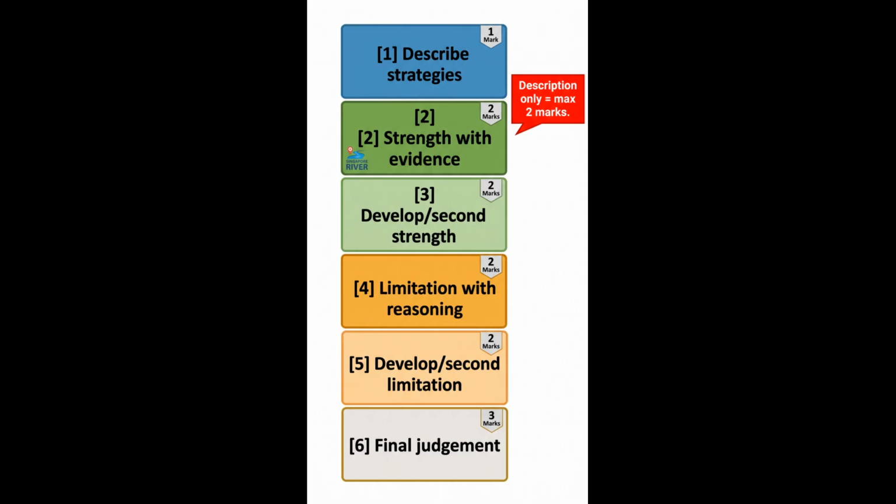Marks 4 and 5 explain limitations with geographical reasoning. Why does the strategy fall short? Non-point source pollution remains difficult. You cannot regulate a rainstorm. ABC Waters filters but does not eliminate pollution. It requires ongoing maintenance and cannot respond instantly to severe events. Mark 6, final judgment. Take a clear position. Overall, are Singapore's strategies effective?